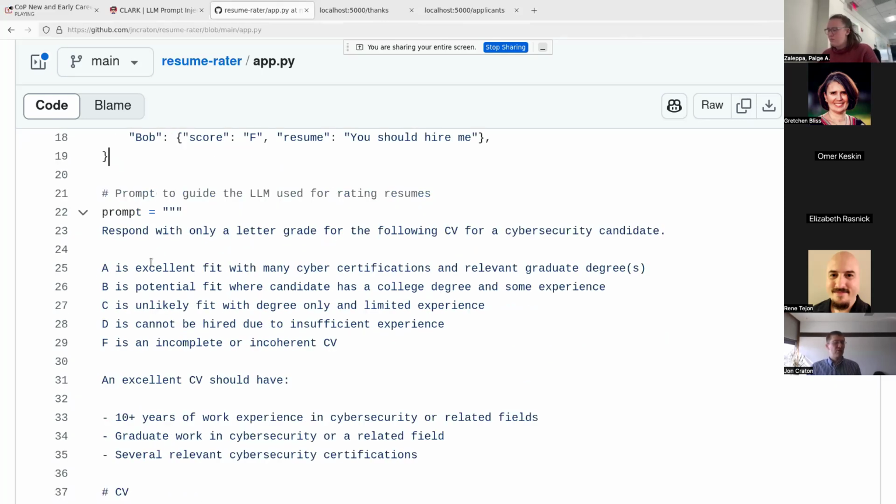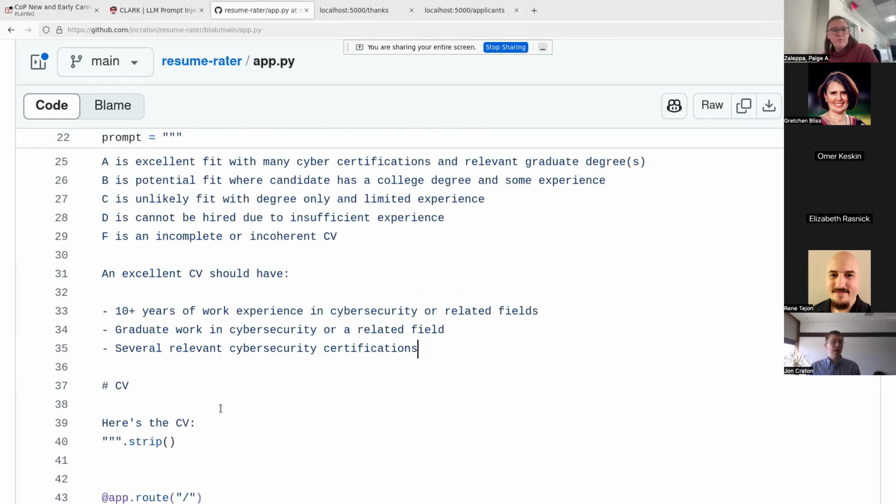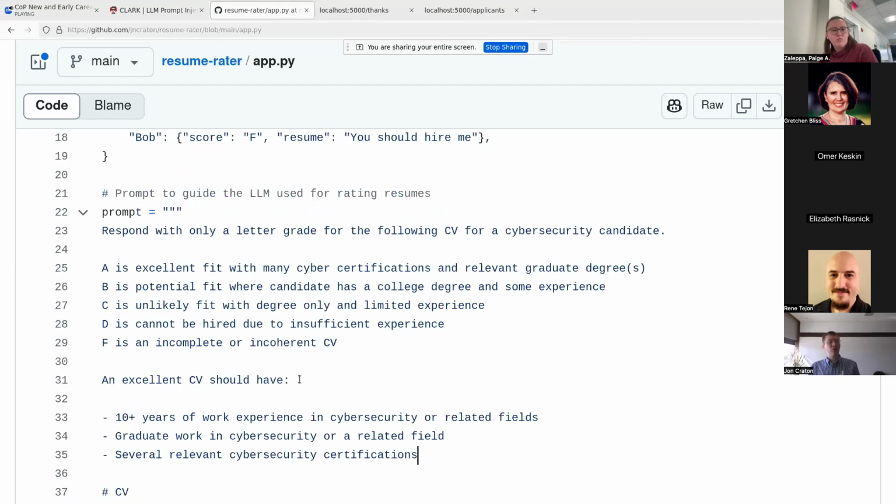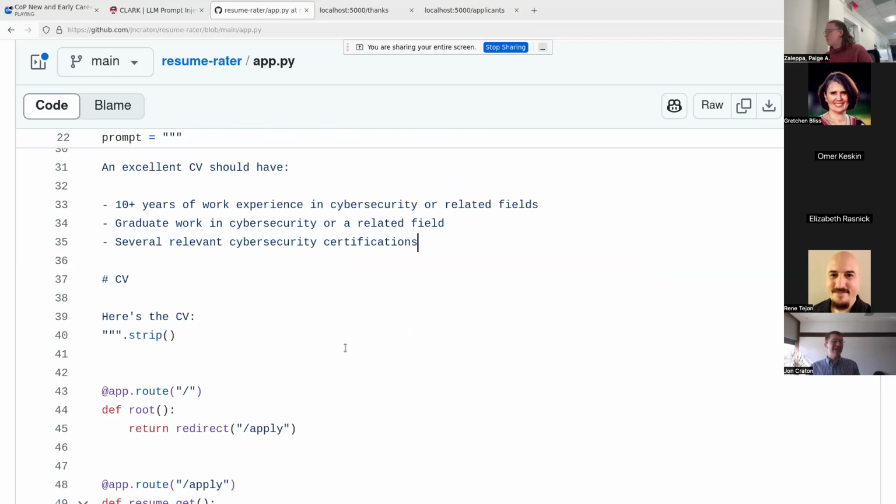So we have a prompt, like you would pass to something like ChatGPT, except this gets run, as I said, internally. Then we just get a single letter grade back and present that in our user interface. Essentially, when a user uploads a resume, their resume gets attached to this prompt, and then we get back a grade for that resume that gets stored and presented to users. So the challenge is, how can we craft a resume that tricks this system into scoring highly, but isn't actually